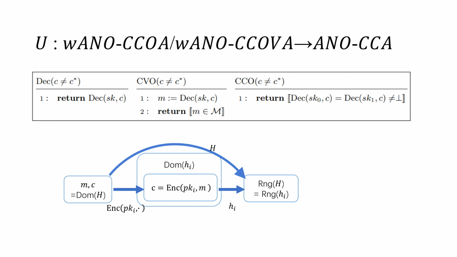CVO is utilized to ascertain the validity of the ciphertext, and CCO answers whether the plaintext and the two secret keys are the same. The difference between the implicit keys and the explicit keys is that in the explicit case, there is one more requirement to determine whether the decapsulation oracle outputs the rejection symbol, and the provision of a CVO oracle by the underlying PKE can achieve this.